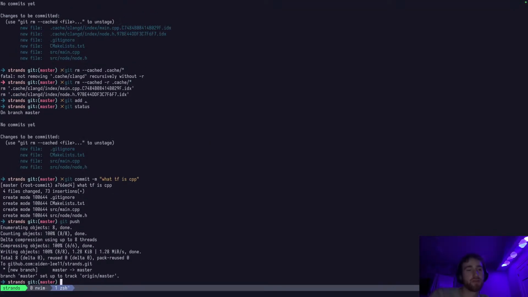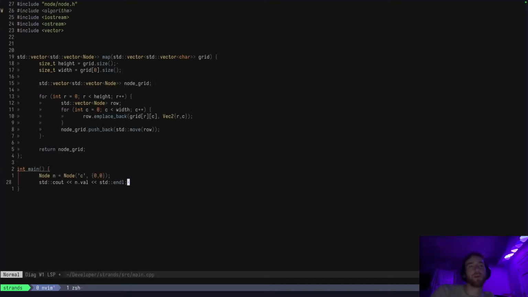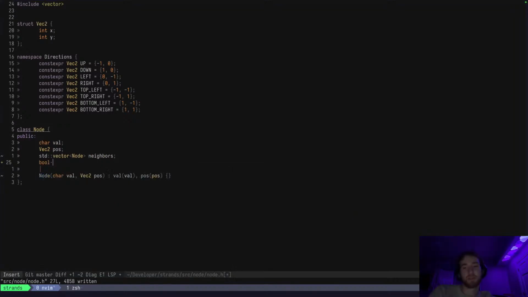Okay. So, for this, I was thinking through it more last night. And I think what I do want is a 2D thing of nodes. But I think I want to change my node definition a little bit. I think I just want a vector of nodes and not to initialize it. I think it just stays like this. And I'm also going to want something like,